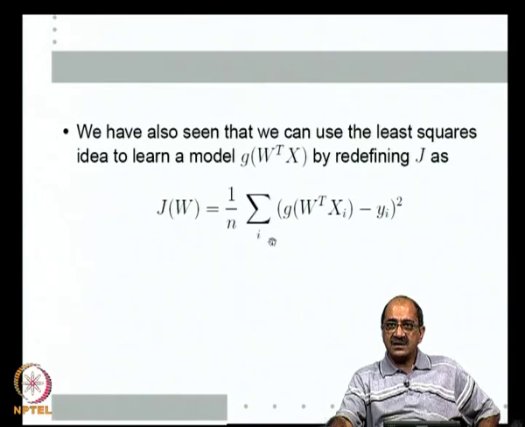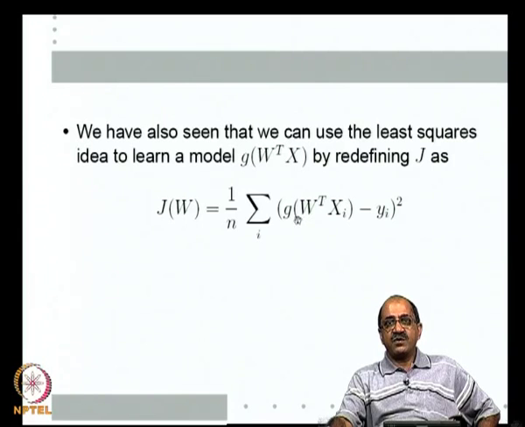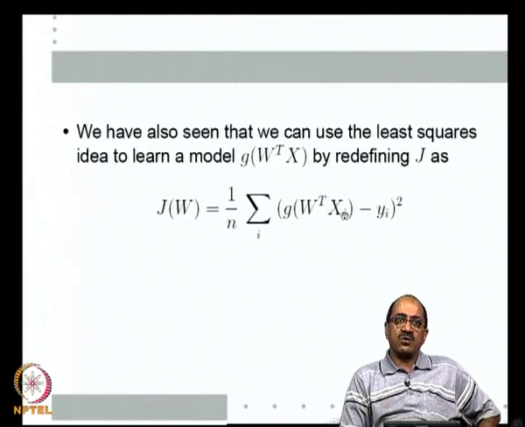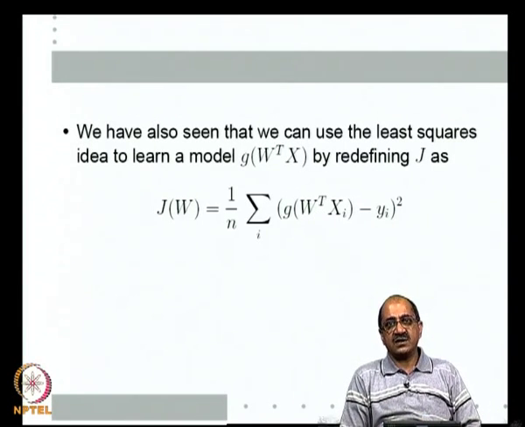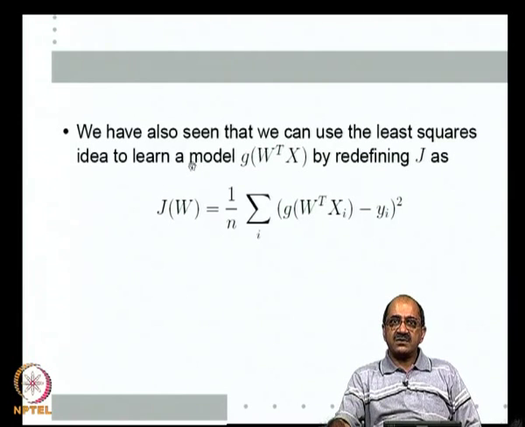So, minimizing this is trying to learn a posterior probability function, a proper function of x that gives me the posterior probability of class 1 for x, and we are modeling the posterior probability by g of w transpose x. Earlier, if you are just using w transpose x, we are trying to model the posterior probability by a linear function, which is not a very nice model. So, sometimes if you choose the right g, then g of w transpose x is a nice model class for posterior probability, and by the linear least squares method, we can learn the proper posterior probability function and hence the proper classifier.